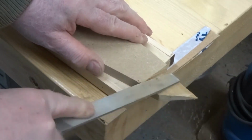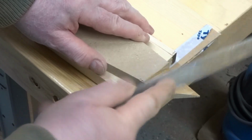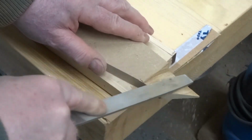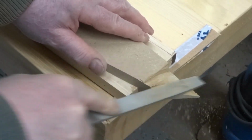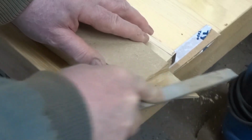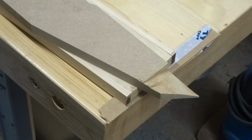Filing these edges down took a long time, so what I decided to do was to get them into rough shape and then use a piece of acrylic which has release agent sprayed onto it as a form of surface to place Bondo onto the MDF. In other words, put a bit of Bondo on the MDF, squish on the acrylic, and it leaves a nice